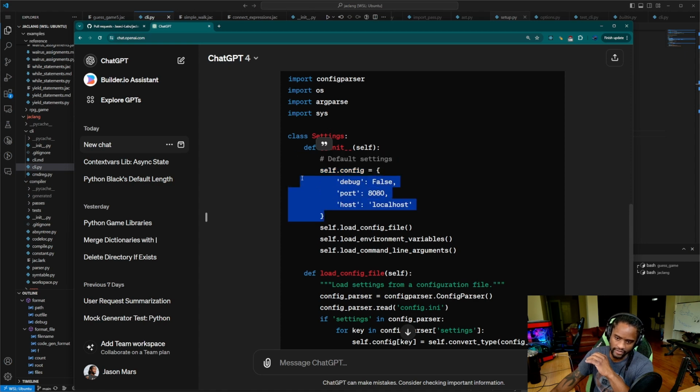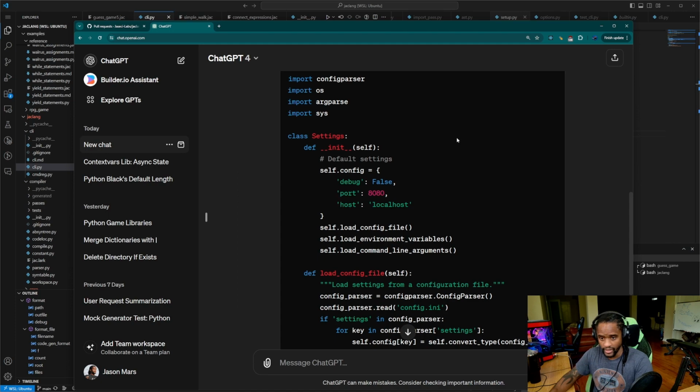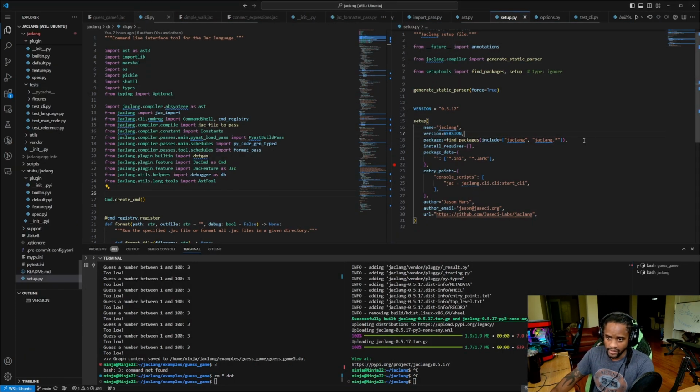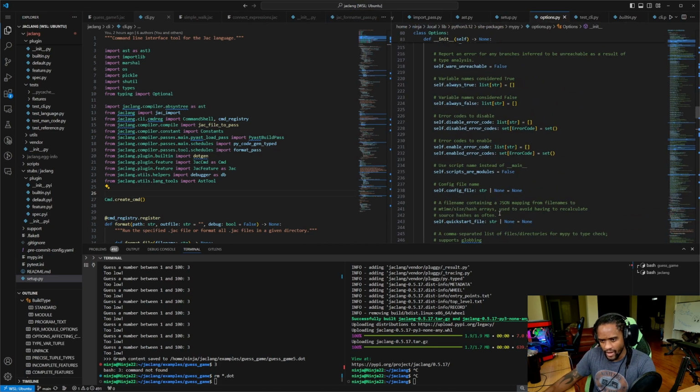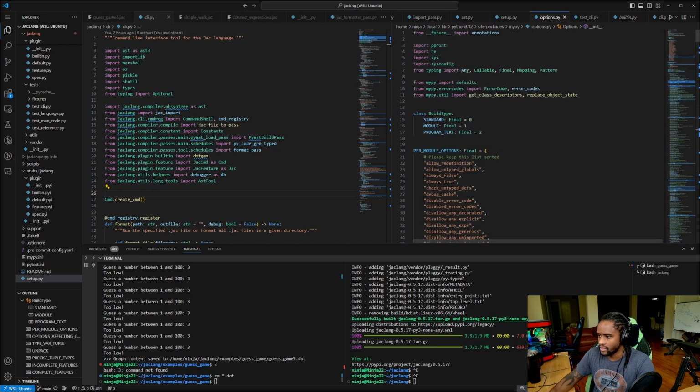So it has a self-config. So I don't want to follow this kind of approach, right? What I really like is the way MyPy does it, which looks more like this. So MyPy is interesting, right? So if you look at the MyPy code base,